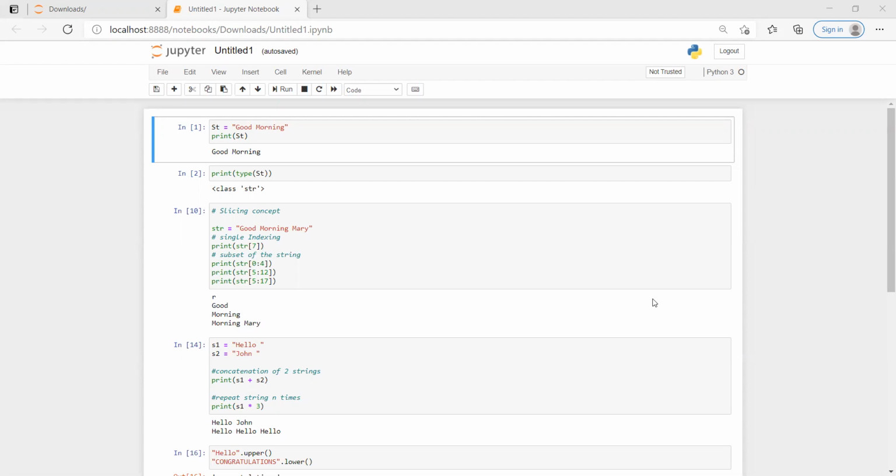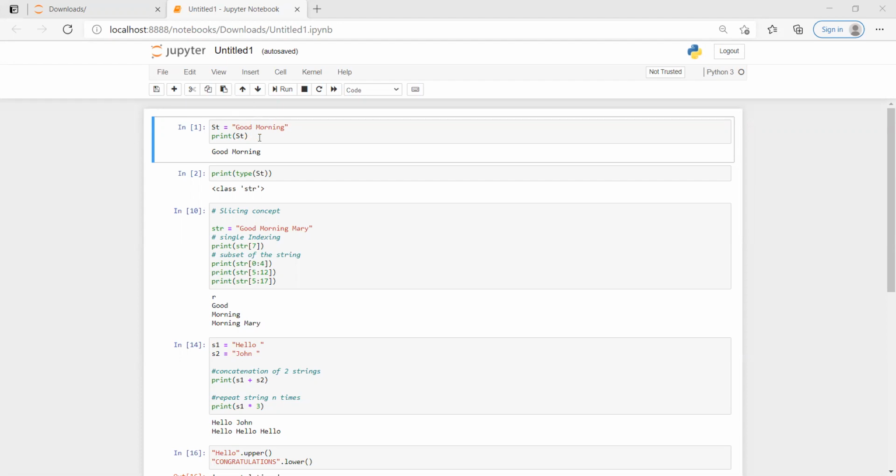Today, I'm going to show you some basic operations with string and also how to substring data from a string. And there are also certain functions which are applicable on top of the string. So let's start. I have already opened Jupyter.